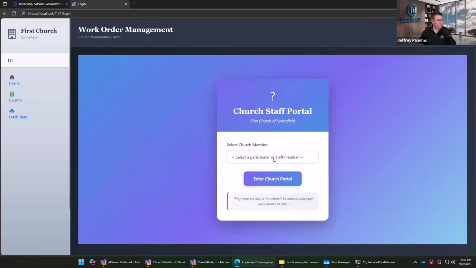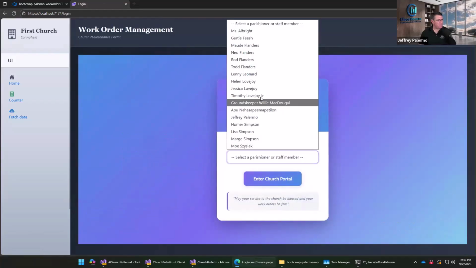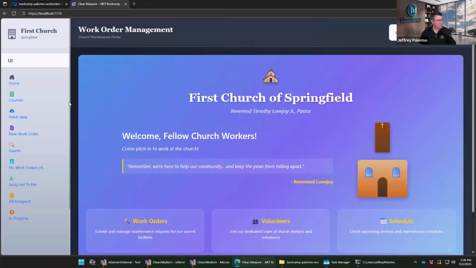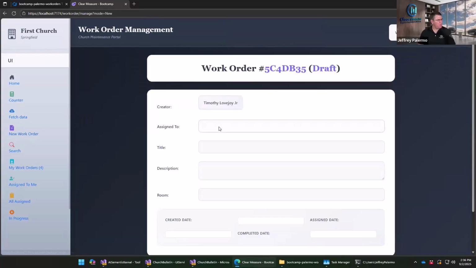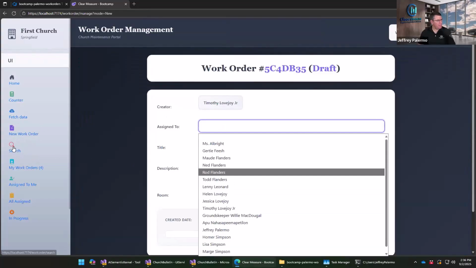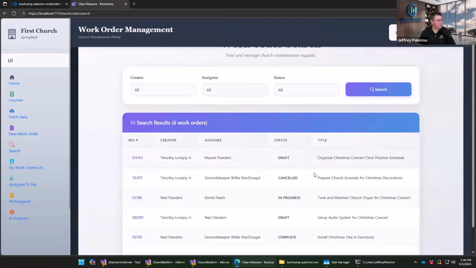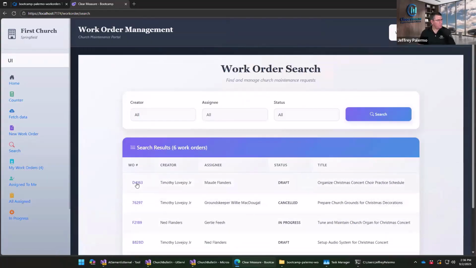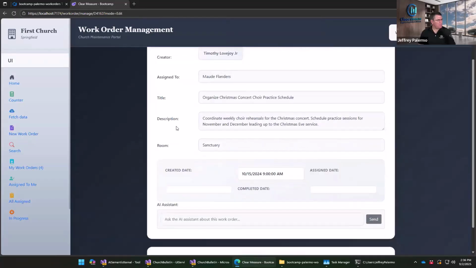We're going to log in, and we have pretty open security. We're just going to select who we want to log in, Reverend Timothy Lovejoy. And he can go and create a new work order and assign it to somebody. But I'm going to actually search for a work order and select one. And of course, we have a chat agent built right in,